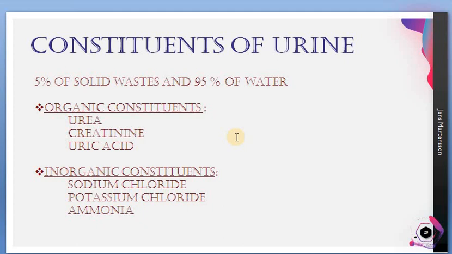So the organic constituents have urea, creatinine, uric acid. Why we categorize these as organic constituents is, these are all from our cellular metabolism. They are byproducts of our cellular metabolism. So urea, creatinine, uric acid, and some other substances will also be there. That includes hormones and some fat molecules. Not exactly fat, it would be fatty acids, drops or traces of fatty acids may be there. So other substances may also be there.